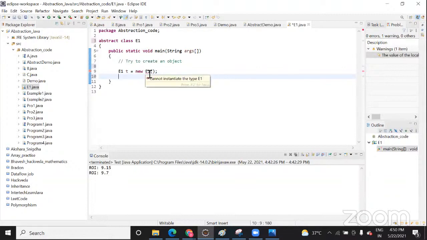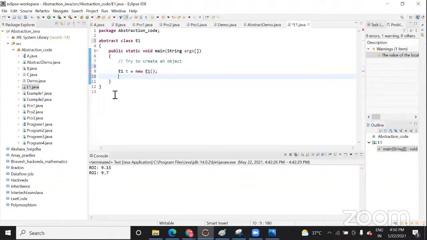The reason is you can't instantiate an abstract class. It means you can't call the abstract class within the same class itself. You need to create a child class to instantiate it, to call this class, to provide a body to the method to do the task.